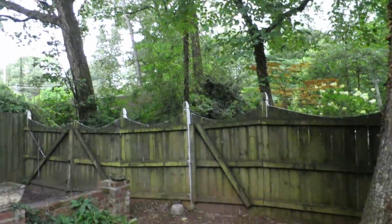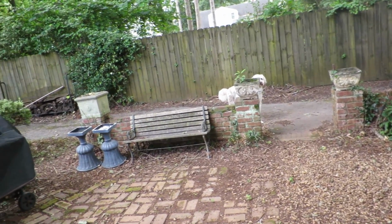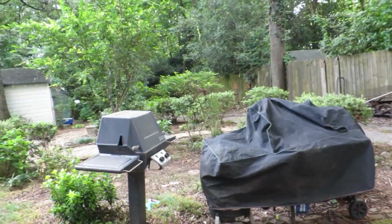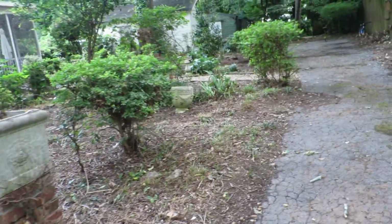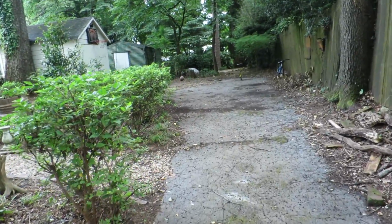Oh, look at that beautiful tree. Oh, I just love this little area. It just reminds me of a little Victorian courtyard, like a little piece of that for me. I love Victorian era movies, so that goes without saying that I'm just very pleased with that portion of the